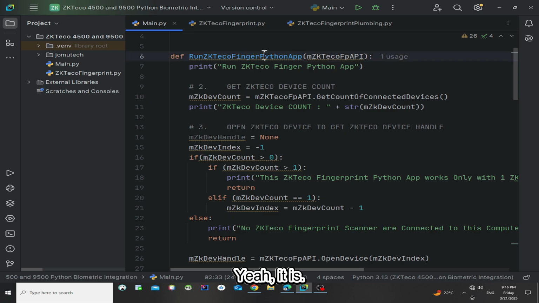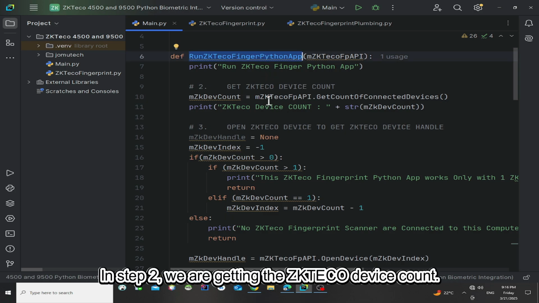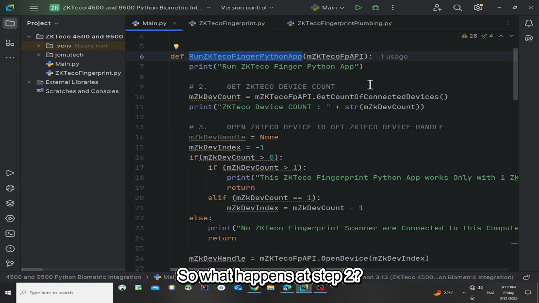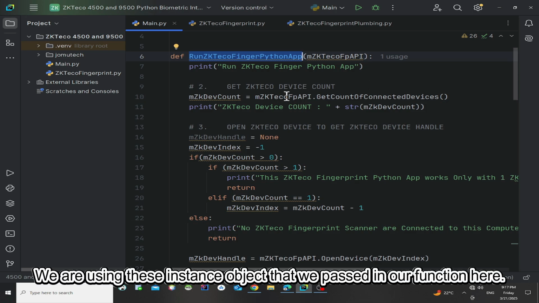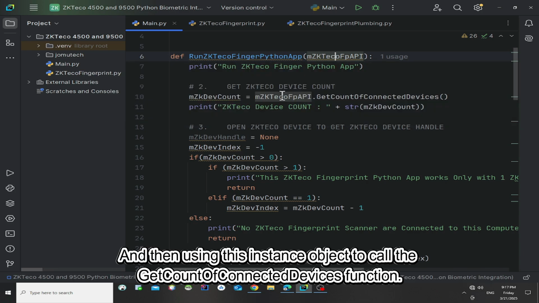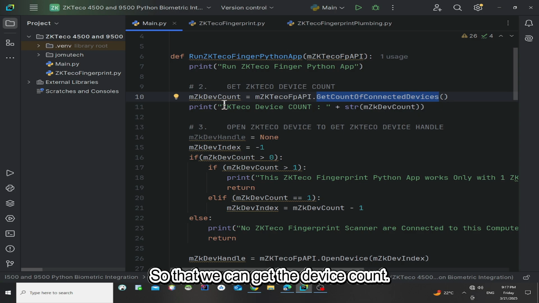Here it is. In step 2, we are getting the ZKTecho device count. So what happens at step 2? We are using this instance object that we passed in our function here to call the get count of connected devices, so that we can get the device count.